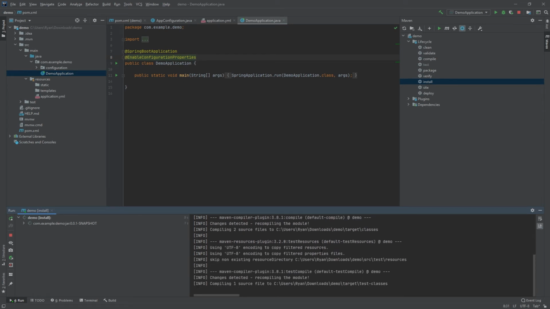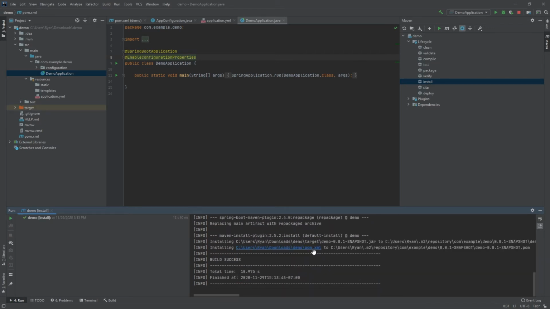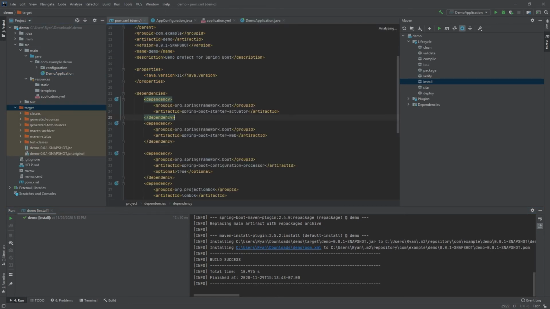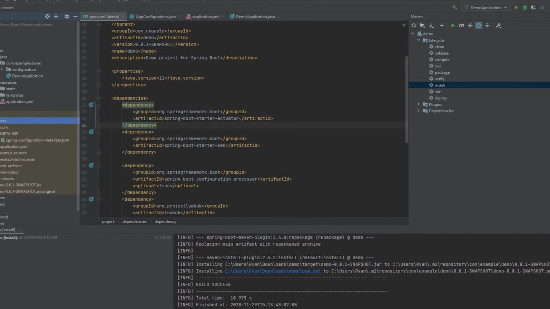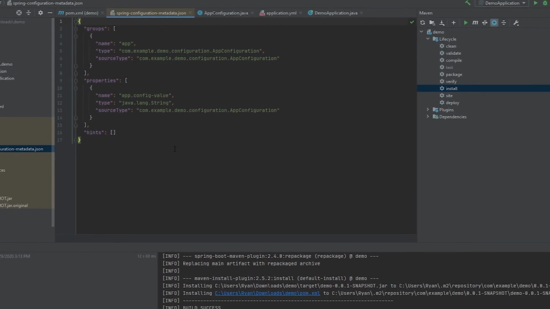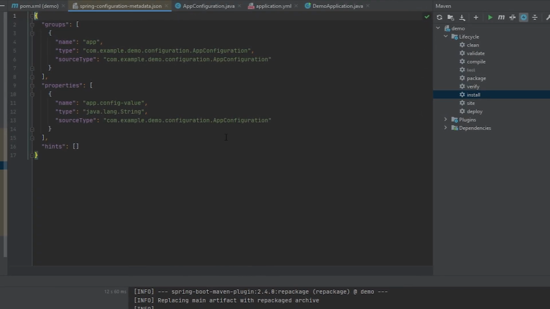As you can see, it's compiling down here. And what you're going to see in just a moment is that it's going to generate that file I was talking about because of this dependency we have, the Spring Boot configuration processor. So under target, then classes, META-INF, this file was generated. And again, this is the file it uses to help predict what properties you would want to set inside your properties file. So as you can see, it picked up our app configuration class with the prefix app,